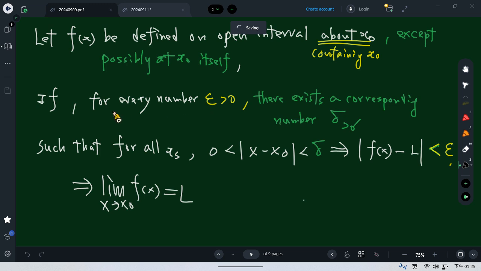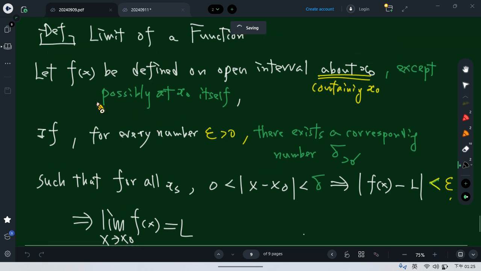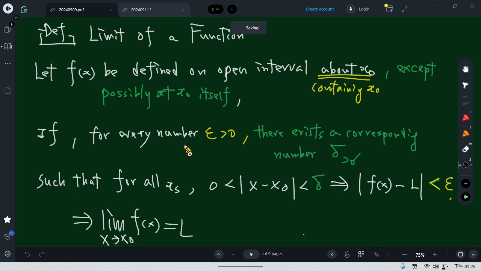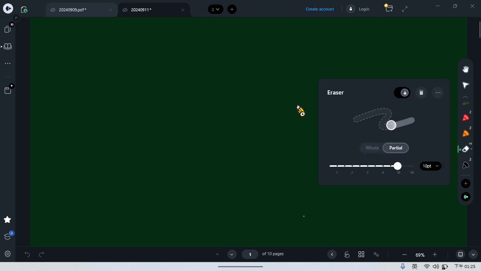So this is a basic requirement. Then if f meets the following situation, we will say the limit as x approaches x0 of f(x) is L. So for any given epsilon, let me just rewrite this part here, so that we can keep the slides here, and then you can keep it today. So based on the definition here,